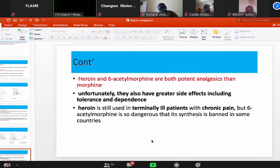And then besides that, we are saying that unfortunately, even though these two drugs are more potent than morphine, the side effects are greater than those of morphine, the side effects of tolerance and dependence. Because of that, 6-acetylmorphine is considered a very dangerous drug, and in most countries even its synthesis is banned. But for heroin, in certain places it will still be used, but mostly in terminally ill patients, like I mentioned, because of the effect of euphoria, which can be appreciated by